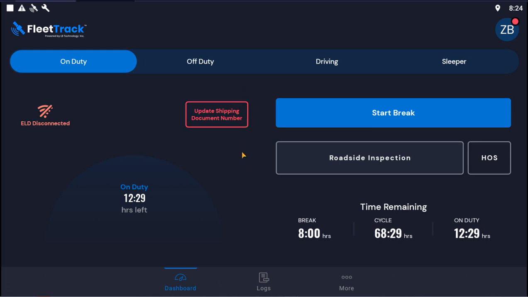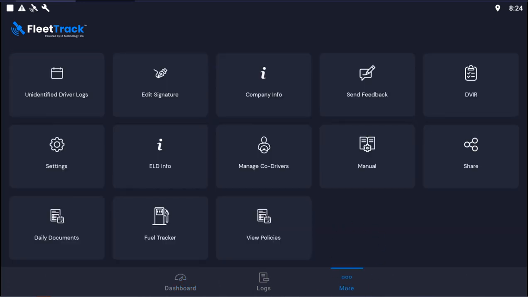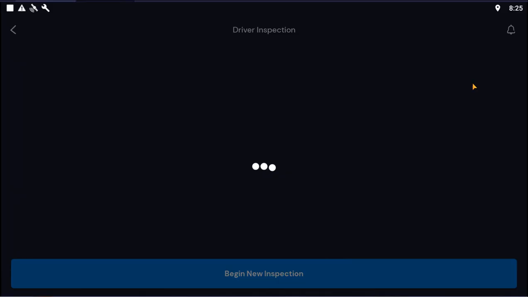So the first thing that we would do, typically we get into our truck and we need to perform our DVIR before we start driving. So first we would put ourselves into on duty here, and I'm going to navigate to the more button. So more is going to give us a list of options of other tasks that we can complete. So the first thing I need to do is my DVIR. So select DVIR,